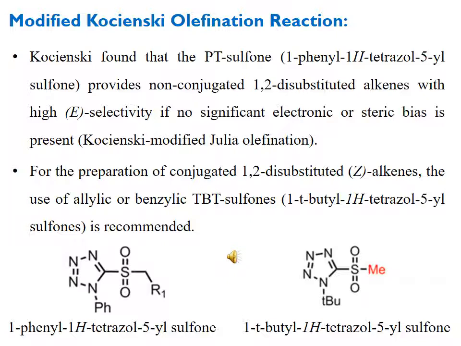And 1H-tetrazole: tetra means 4, aza is a symbol for nitrogen, and ole for a 5-membered ring. As this is a 5-membered ring, it is called ole, and aza is for nitrogen, and tetra for 4 nitrogens. So this ring is named tetrazole overall. 5-yl means the fifth position, that is, the carbon from which it is going to act as a group. So this is termed 5-yl, and sulfone is the general class of this compound. So overall this compound is named 1-phenyl-1H-tetrazol-5-yl